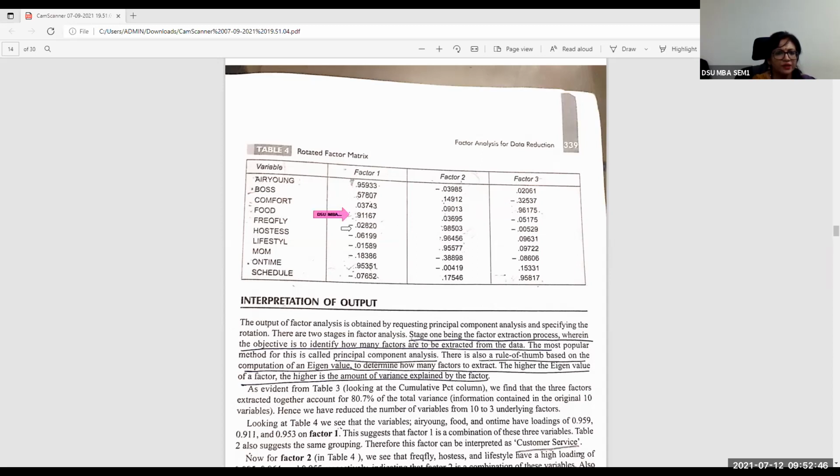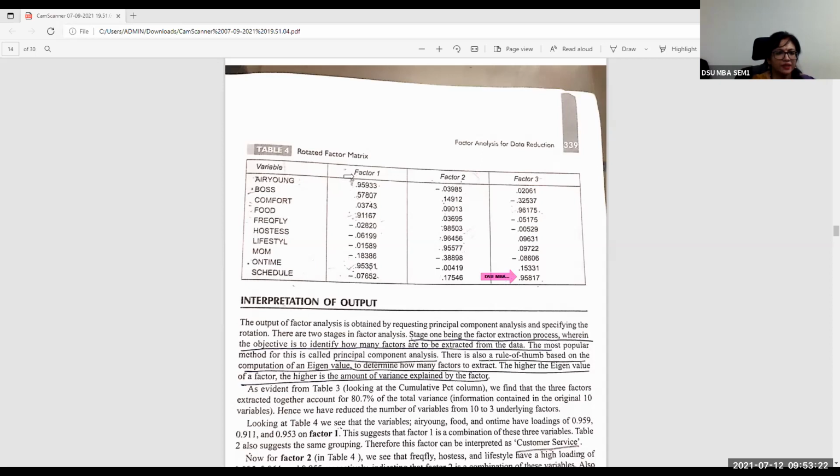So finally, you're going to select those factors. You will see what factor 1 is comprised of. Factor 1 comprised of aircraft being young, bosses patronizing, bosses also going in the same aircraft, food of the aircraft, right? And what is our next highest score? Here all are negative, so we are not considering that. On time has 0.9535. The same variable we will not take in factor 2 and factor 3 because they have low scores. The highest score is in factor 1. And schedule is here.